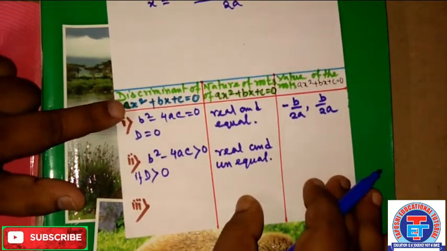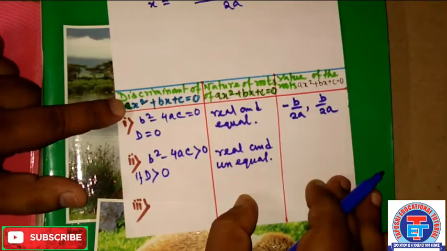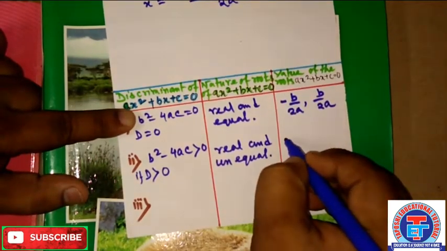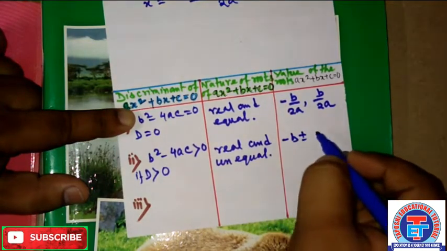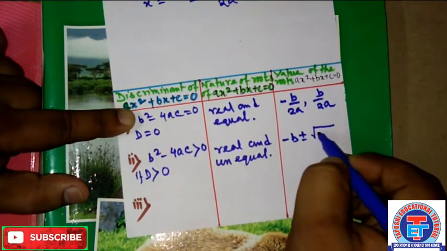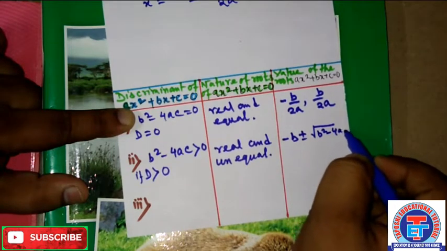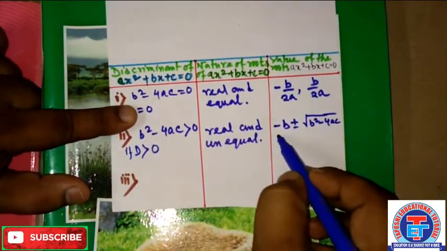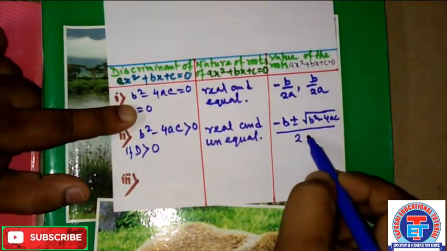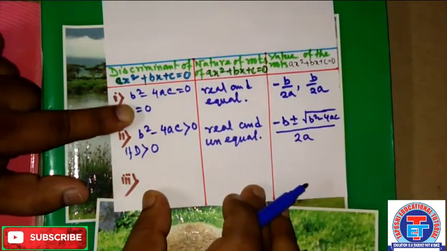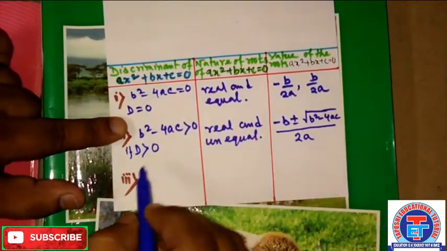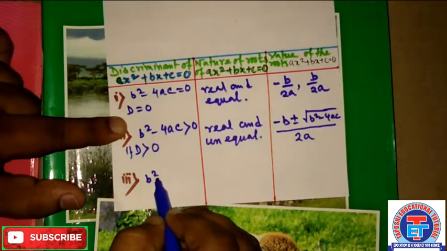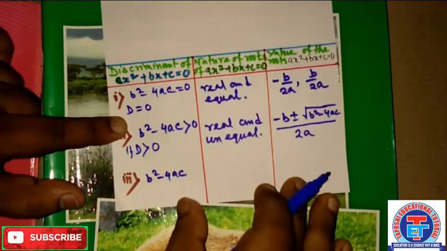Right. And the value of roots of ax square plus bx plus c is equal to 0 will be minus b plus minus root over b square minus 4ac, divided by 2a. Right. Now the other condition is b square minus 4ac